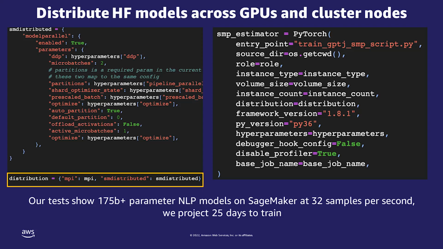And the good news is that distributing this with Hugging Face and SageMaker is really easy. So on the right-hand side, this time we're using a PyTorch container. Based on the different versions, you may use the PyTorch container, or you may use the Hugging Face container. At this point in time, I need the PyTorch container, so I've got the PyTorch container loaded. Here, I'm going to train GPT-J. So I have a GPT-J script using SageMaker Model Parallel, and we're going to run that on a training job. And so that's the estimator view, so not much change. But then in the SageMaker distributed, you'll see I have quite a few hyperparameters. So let's try and unpack that.